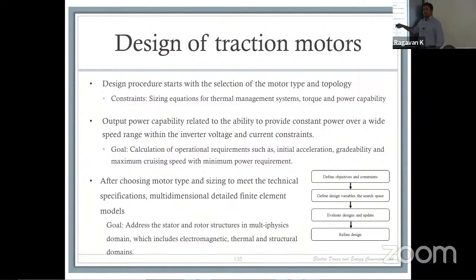So always start your machine design process with setting an expectation of what it is you are trying to do. If you go through a black box of design, the problem is you will never know when your motor actually was successful and if you met the requirements. The output power capability basically is you have to figure out how much. I think we had some of the people who said yesterday, you are trying to extend the constant power region because going to higher speeds allows you to reduce the torque requirement for the motor, right?